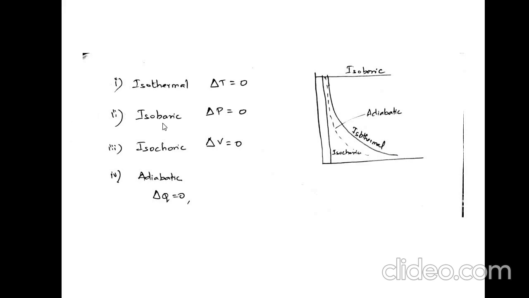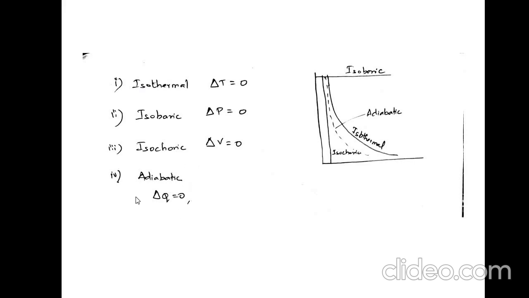And for isobaric, bar is a unit of pressure, right? Isobaric means constant pressure. So this is the pressure by volume, right? We have this line, constant pressure, so the isobaric condition. And for isochoric, same volume. Choric means volume. The change of volume will always be equal to 0. So the initial and final are at the same volume. This is the isochoric condition. So isothermal, isochoric and isobaric. These are all the thermodynamic processes that generally happen in the system, right?